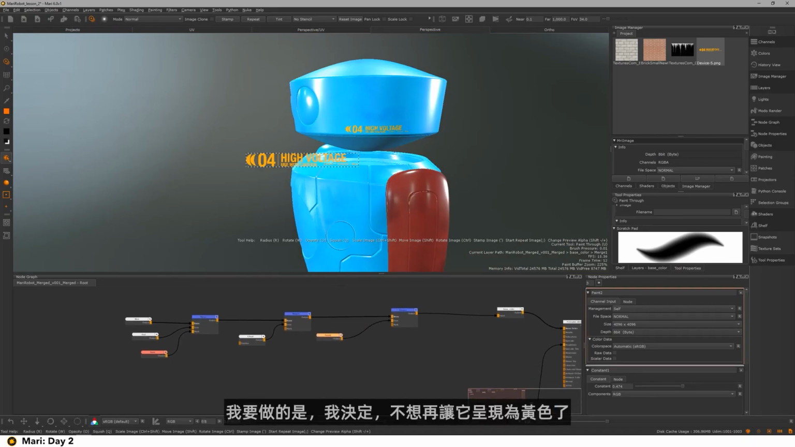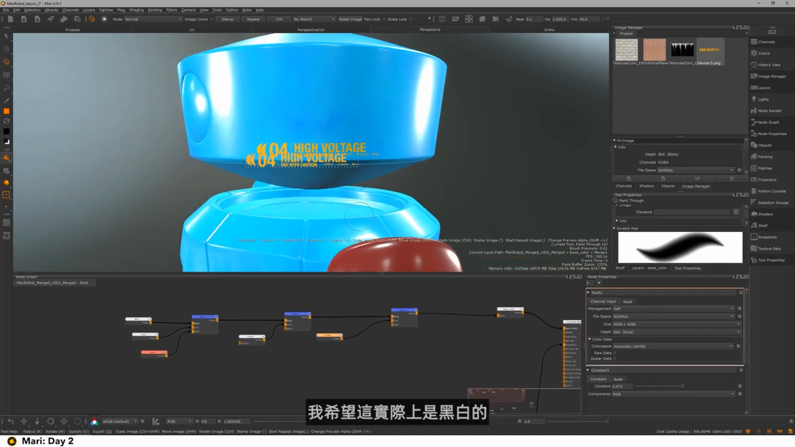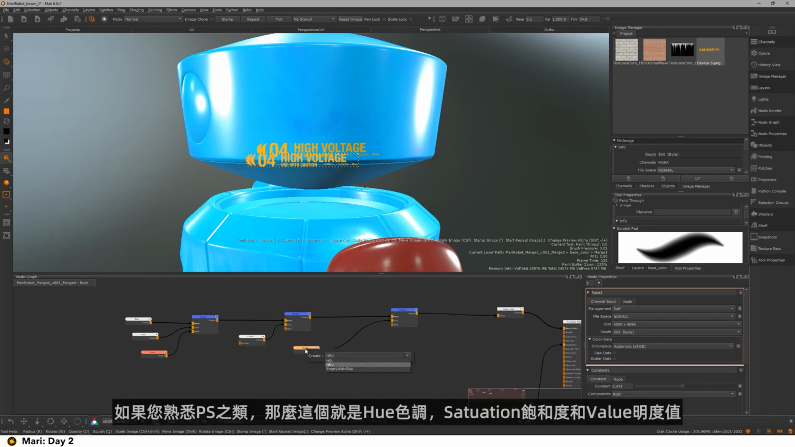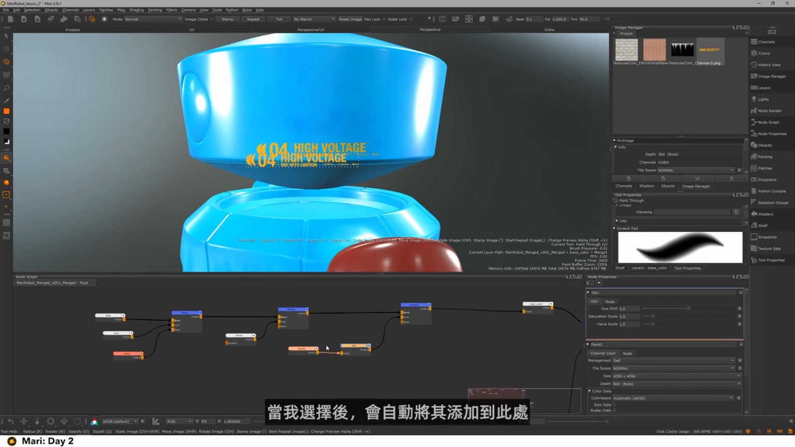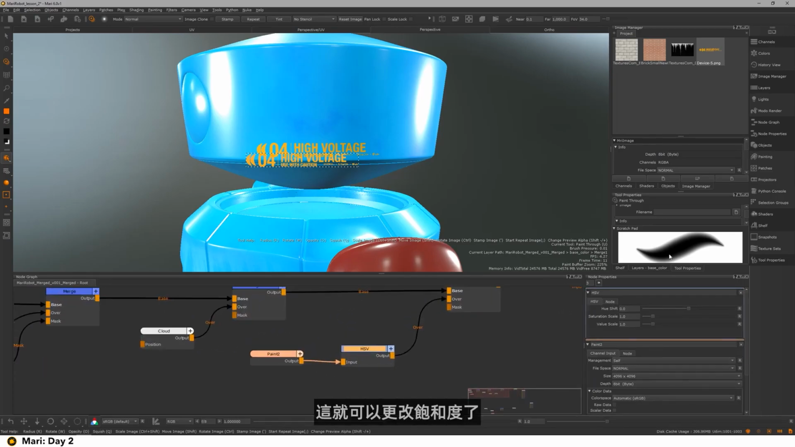And what I'm going to do is, you know what, I've decided I don't want this to be yellow anymore. I want this to actually be black and white. So I can use an HSV node. I can press tab and type in HSV, and this is hue saturation value, if you're familiar with Photoshop and things like that. When I've got this selected, it's just going to automatically add this here, and I can change the saturation,